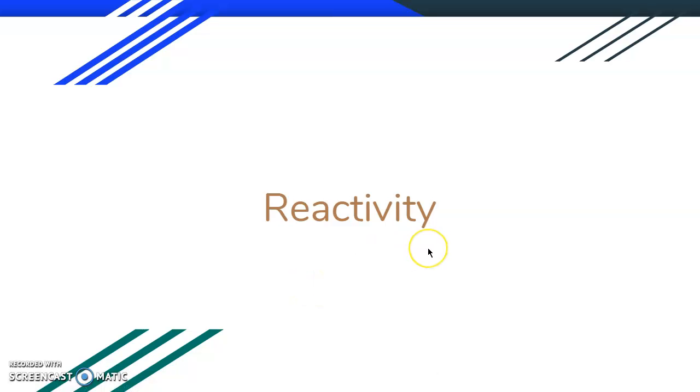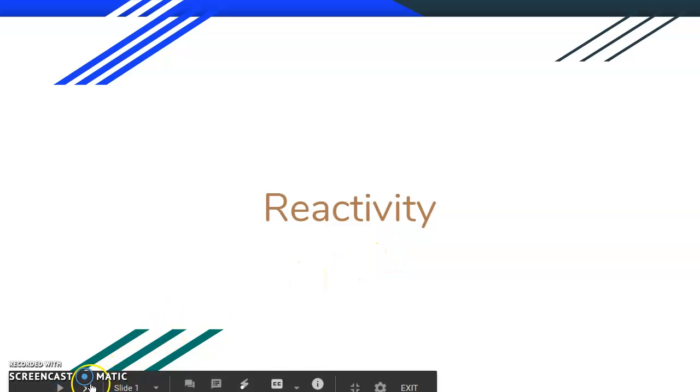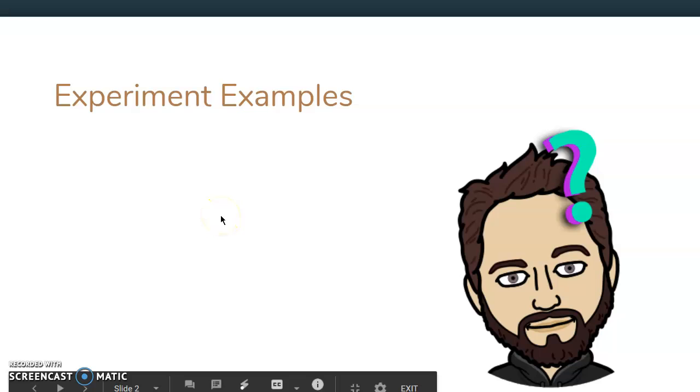Today we're going to be learning about reactivity. We're going to show a fun example about just how reactive some things can be. And then we're also going to learn some definitions, some trends as we're looking at our periodic table. And then we're going to talk about some more examples by using our trends. So our first thing we're going to talk about, though, is a fun experiment that I have a video for,